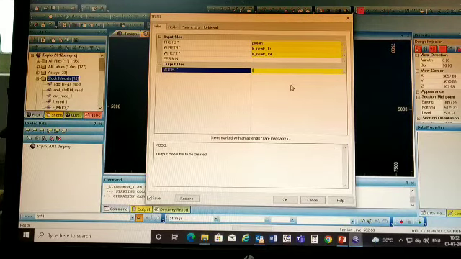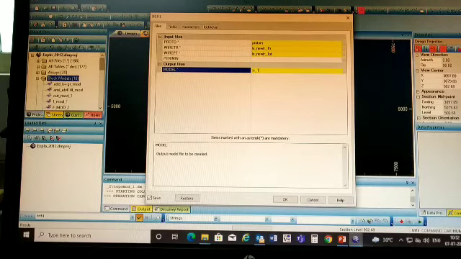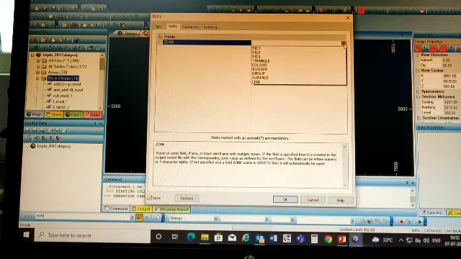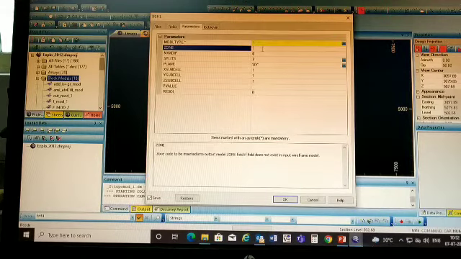In output model we will give the model name for the ore body model. In zone we can leave this field blank, or we can type a zone here. In parameter, in model type we will select 1.